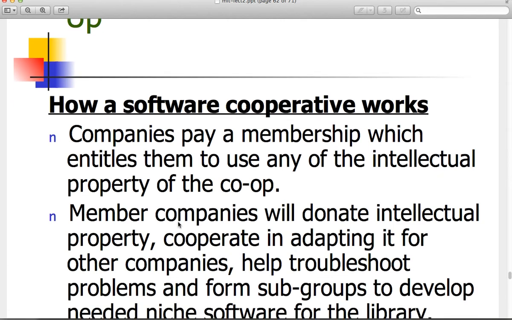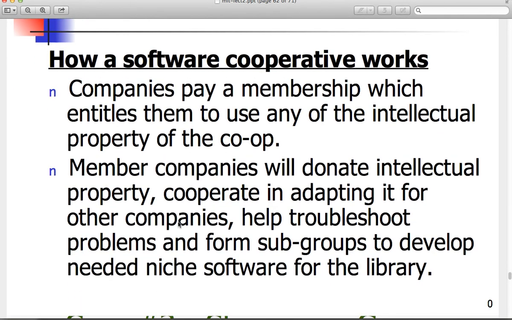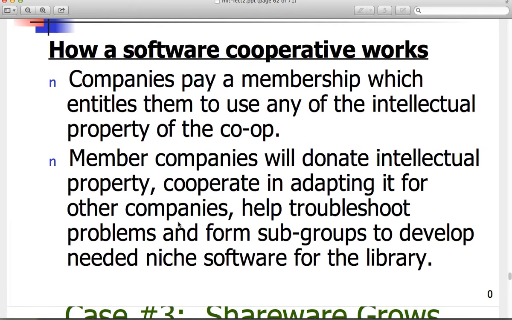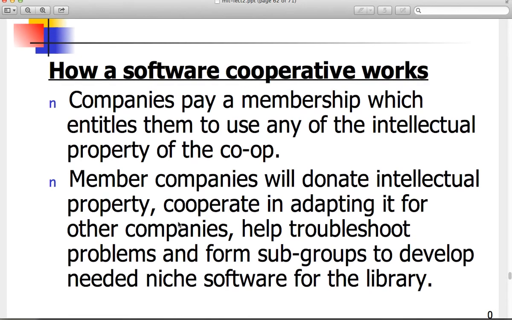Case study number 3, how a software cooperative works. Companies paying memberships to an entity entitles them to use any of the intellectual property of a co-op. Actually, it's kind of interesting. It's how a lot of open source